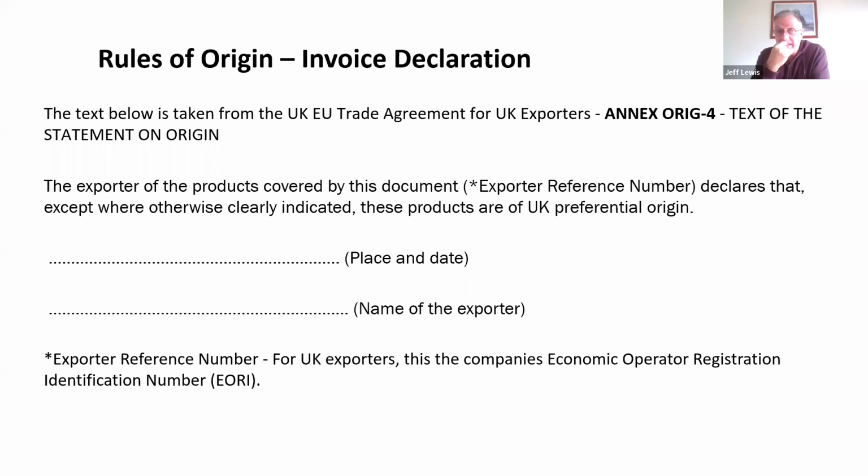So the statement that you would use is that the export of the product covered by this document. In terms of the UK, if you're putting that on your commercial invoice, then it's your EORI number. And then there's usually a gap where it says UK preferential origin. So you put UK preferential origin, place a date, and you sign it. Okay, now what you need to be very, very careful of is when you're issuing your commercial invoice, you can actually put this statement on a packing list. Everybody that I know puts it on the commercial invoice, and the reason is because of the statement 'except where